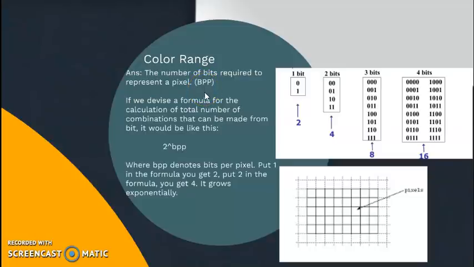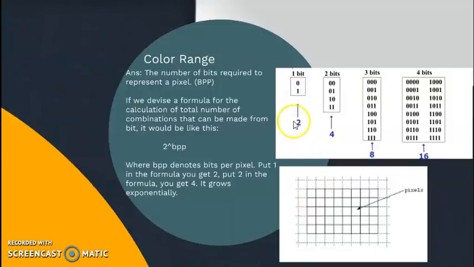So now if I say I want to represent one pixel in my image using one bit only, I'm going to use one bit of information to represent one pixel. If I am using one bit of information, I can either store a 0 here or I can store a 1 here.